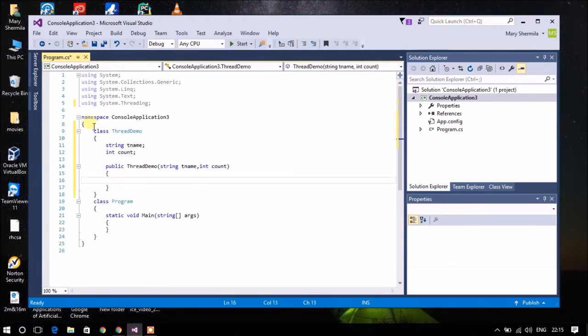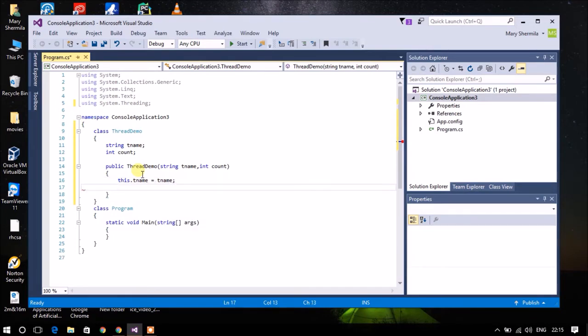So here I have given my attributes values which are similar to my data members. In this case, you have to use the keyword this dot tname is equal to tname.